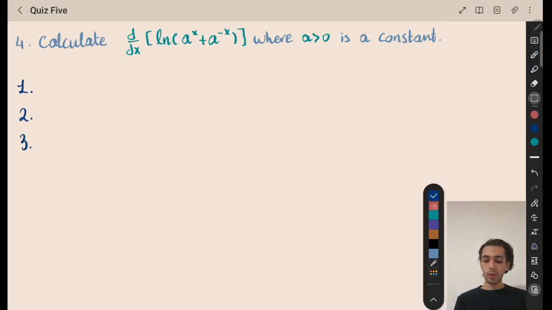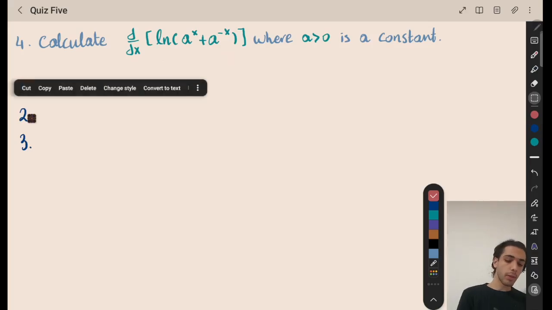Here we need to compute the derivative of this function for a constant a. And I come to you now and I claim that in order to cook up this derivative, we need three ingredients, namely